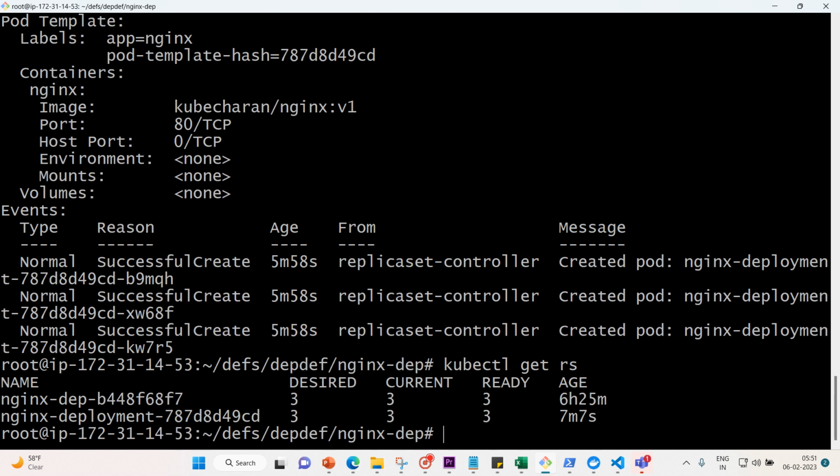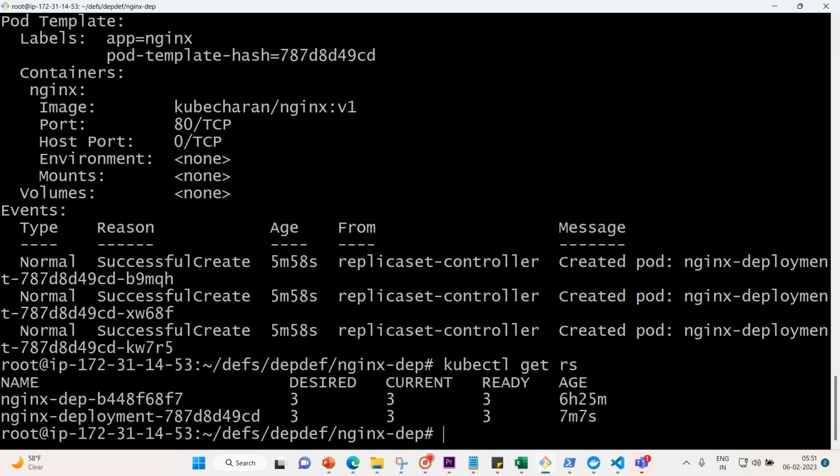So we have two replica sets here, nginx dep and nginx deployment. Of course, these are two different, not the same file. So that's the reason. What we will do is a small modification to our file, and then